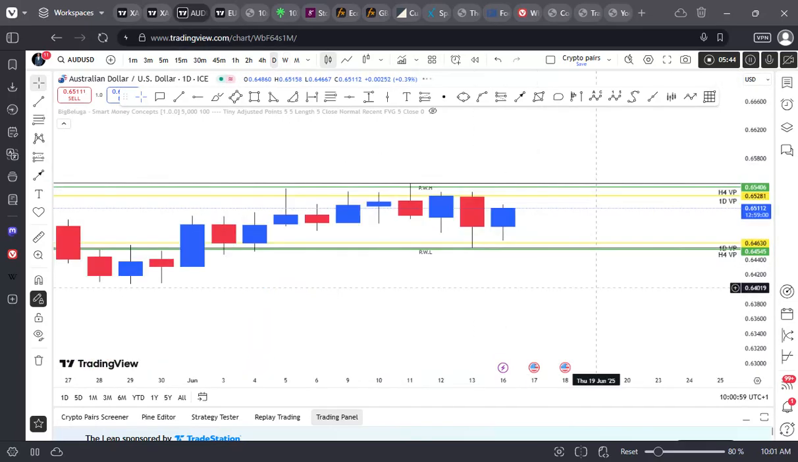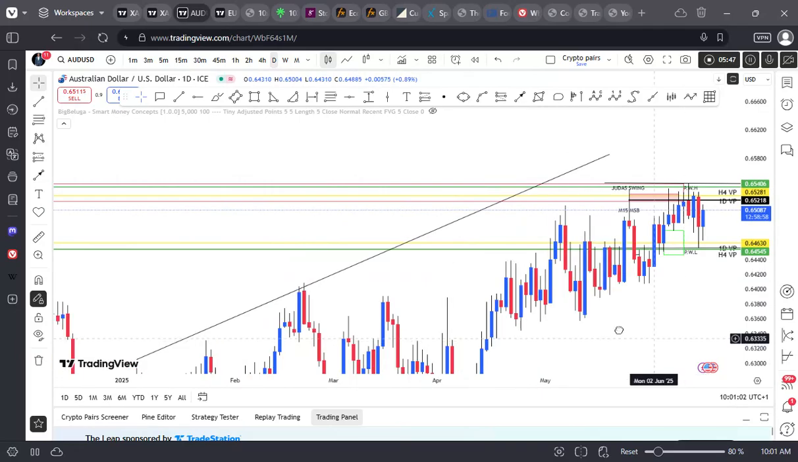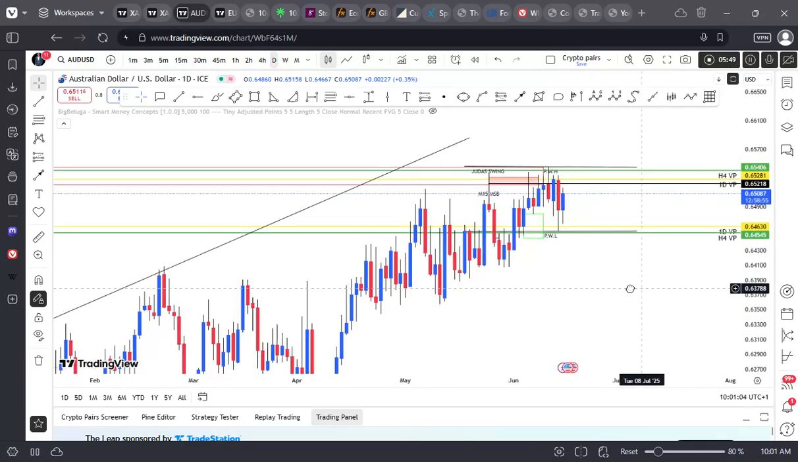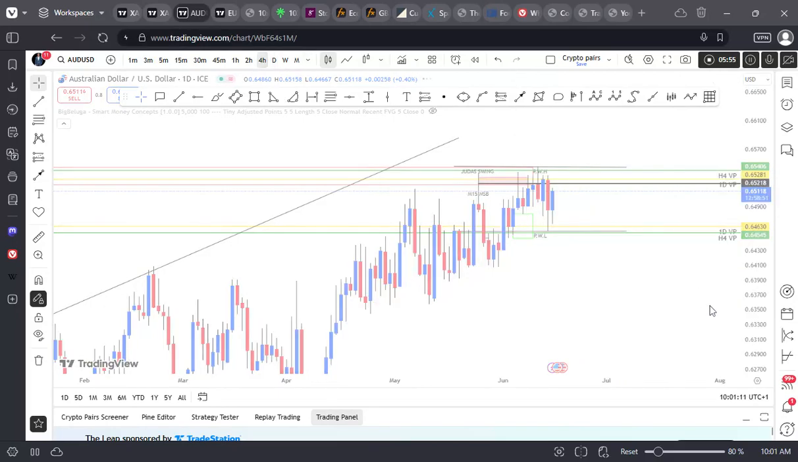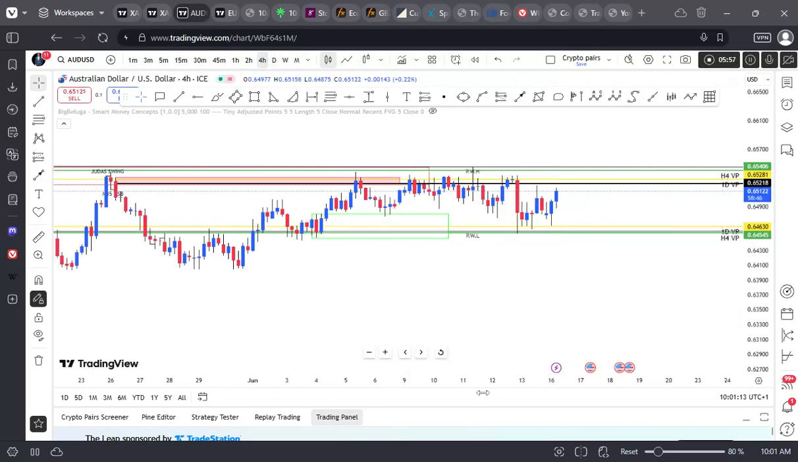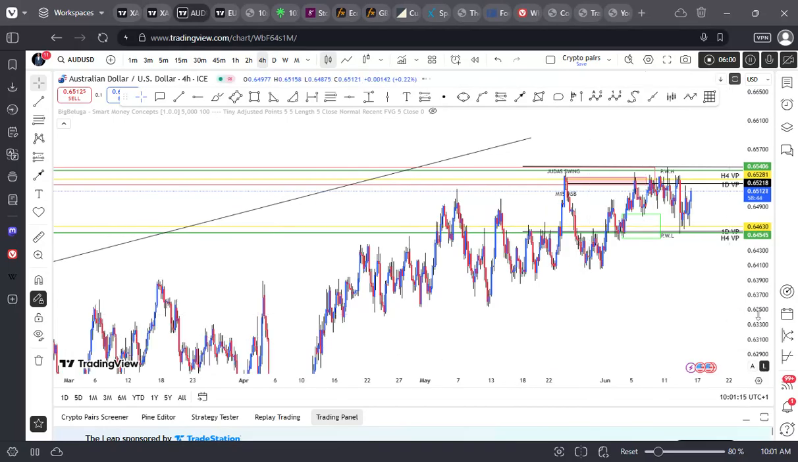Then on the daily time frame, what do we mark? We mark out the daily demand and daily supply. So that daily demand of last week still holds, because the market has just been choppy, consolidating. Okay, so we go to the 4 hours time frame. On the 4 hours time frame,